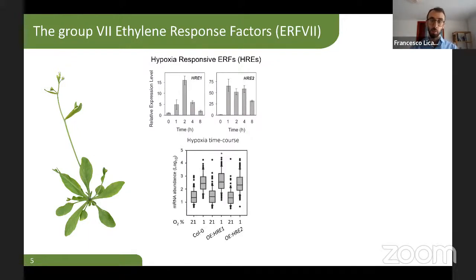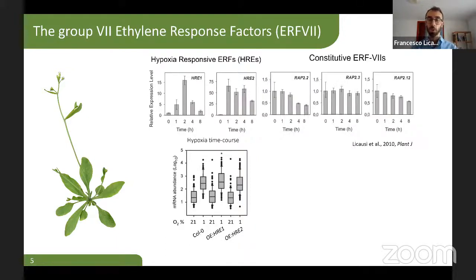Because as hard as I was trying to either overexpress, as we see here, or study mutations in these genes, I could never see much of an effect. And I could not see a strong accumulation of the proteins when these were overexpressed. So it turns out that probably I should have focused on other members of the same group of transcription factors that are not induced, but are rather constitutively expressed in the plant cells.